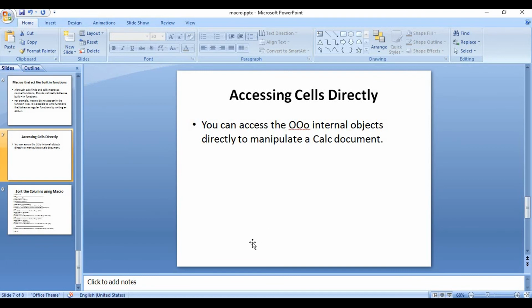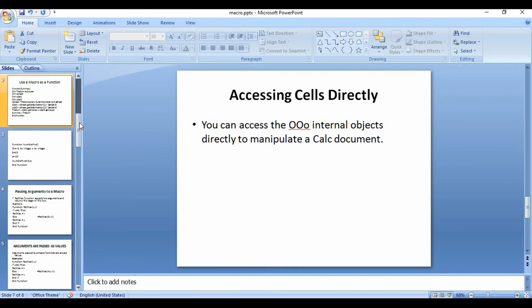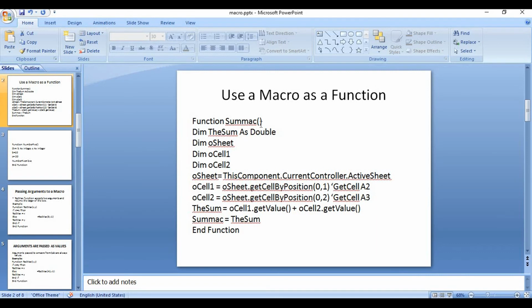In the previous example we have seen accessing cells directly. Two examples we have done. One is this one without the parameter, without the arguments. Look at this, here we are accessing the value of cell A2 as well as the value of A3, and after that we are getting the sum of these two cells and storing the result in some variable, and after that it is returned by using the macro function.